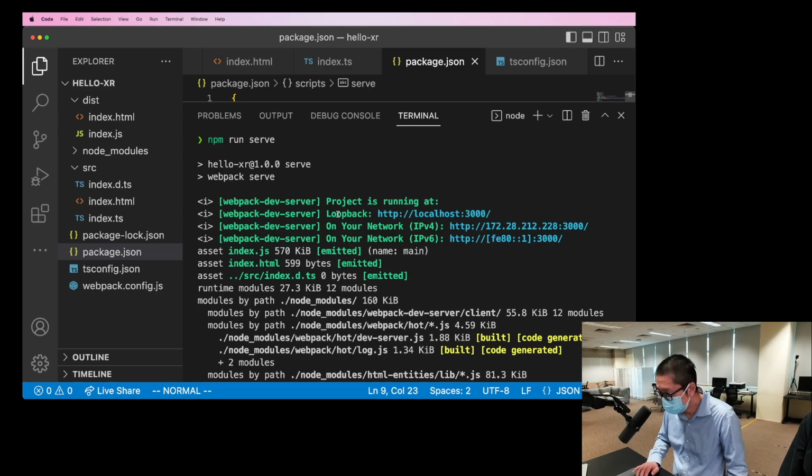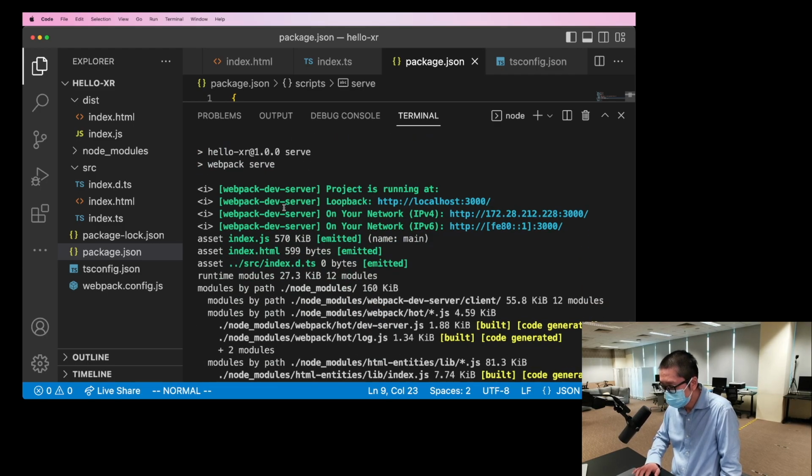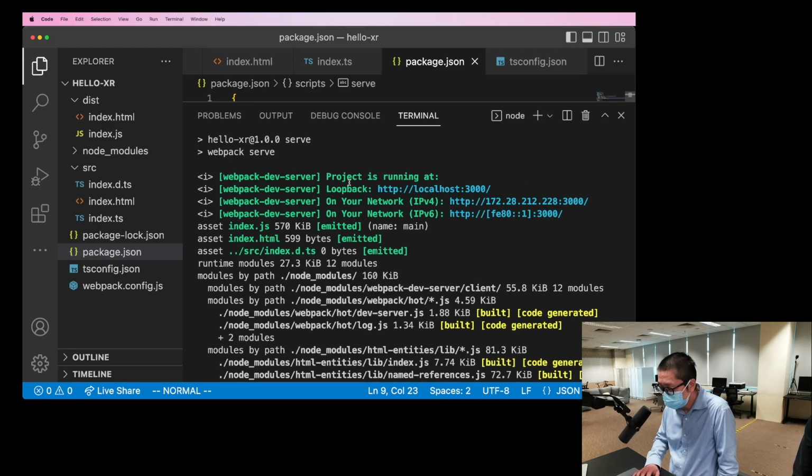Let's see the output here. After you run Webpack serve, we use npm to invoke that command. We use npm run serve. What does this actually do in the background? It just sets up the HTTP server for you. And yes, it's running. The project is running, and it can be accessed from localhost